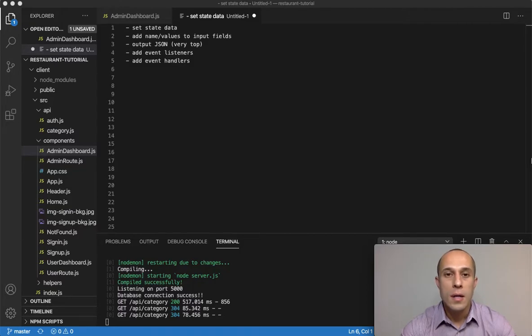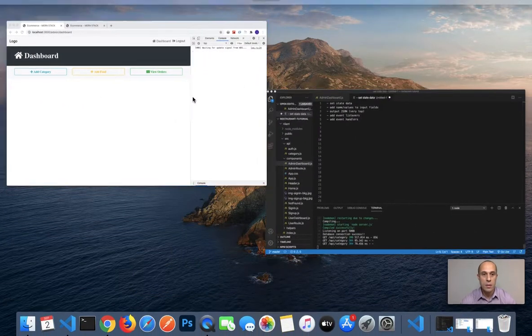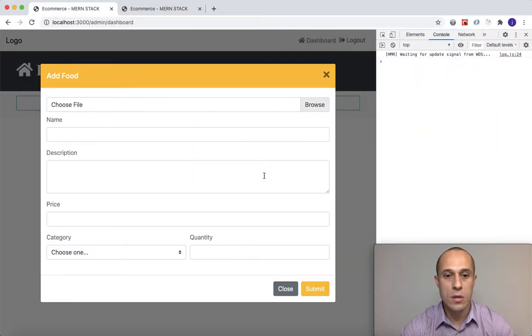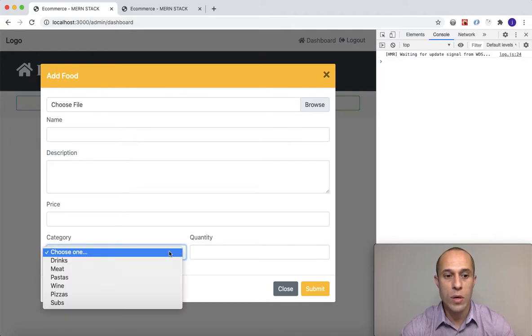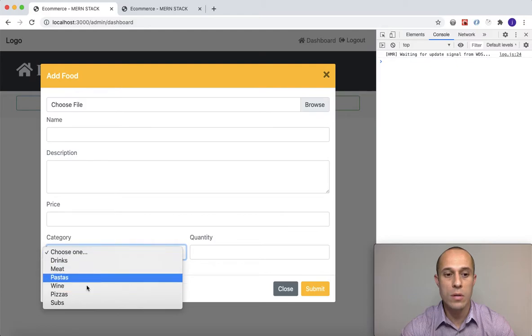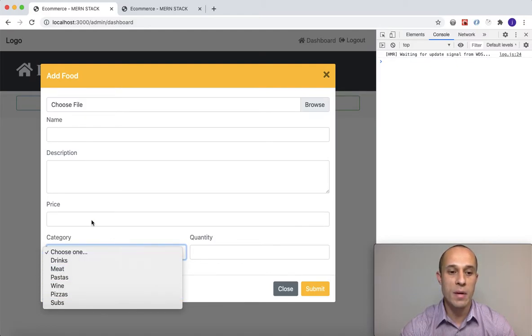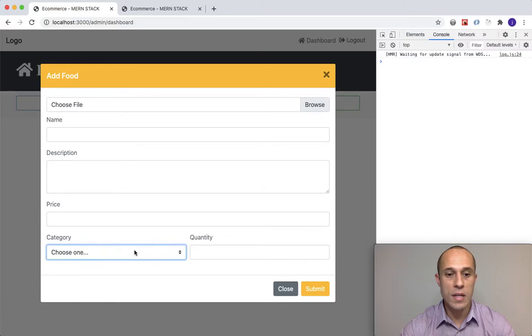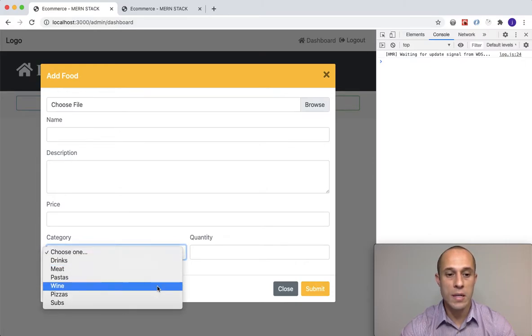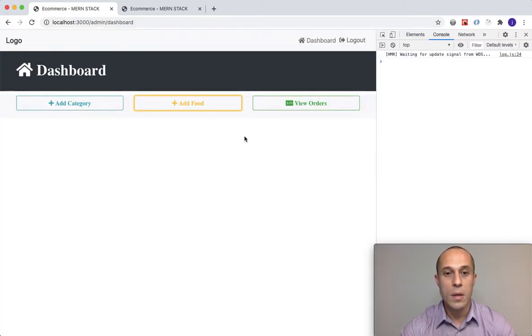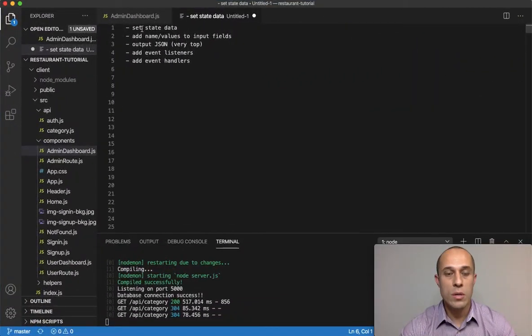All right, guys, let's continue working on the process of allowing the user to add a new food item to the database. This is where we left off. We were able to add a new category, allowed the new categories to be added dynamically into this select drop-down window. Okay. So the next step we want to do is inside our admin dashboard, we want to start